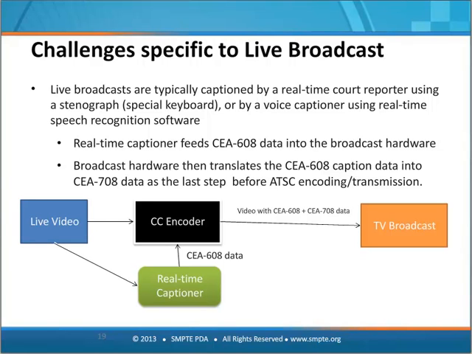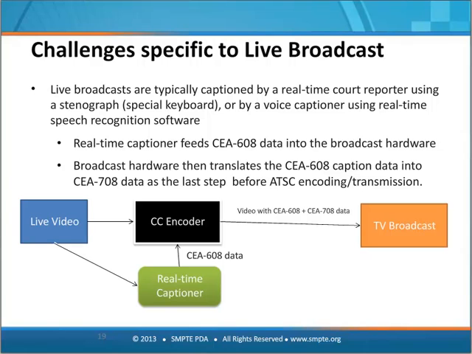Of course, for post-production captioning, you'll probably have a script and there's no time constraint, so it's much easier. But for live captioning, if you don't have a script, if it's ad lib, ad hoc, then somebody's got to be entering it in real time. Yes, if you have a news production system with a teleprompter or a script, there are systems out there that will take a teleprompter script and turn that into live closed captions. So that makes it a little bit easier if you do have a script or a teleprompter.